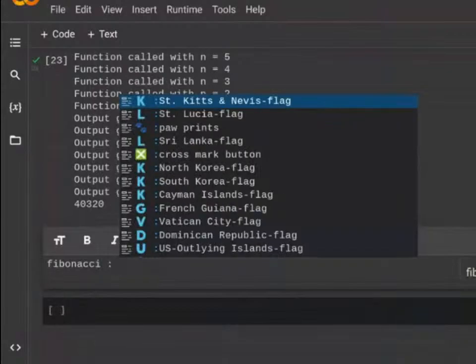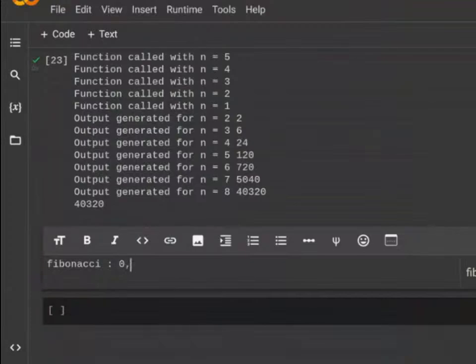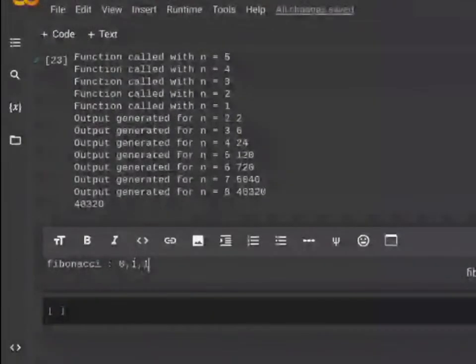Fibonacci is basically a series where every term is a sum of the previous two terms, right? And the first and the second term are defined. First term is 0 and the second term of the Fibonacci is 1. So these two are defined, and then all the subsequent terms are essentially the sum of the previous two terms, right? So the third term is going to be 1, the fourth term is going to be 2, then 3,